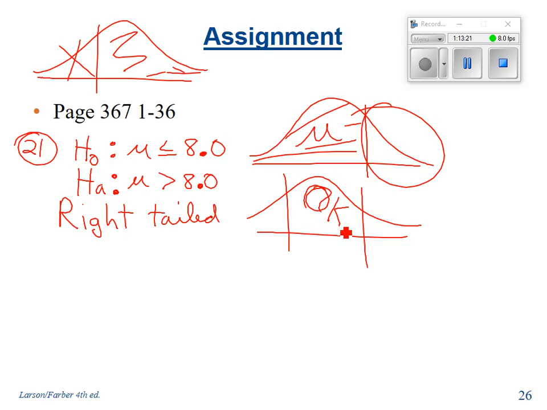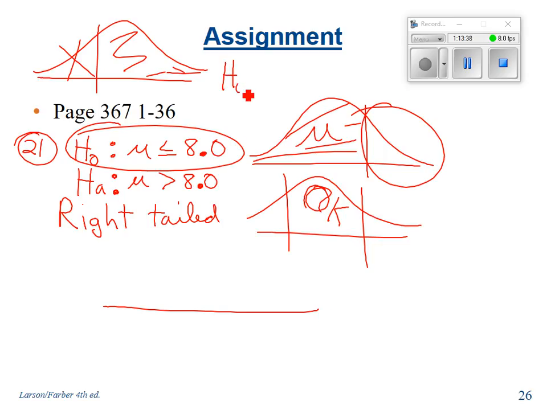Two-tailed. Does that make sense? So this is what we're assuming to be true, right? We're assuming that the null hypothesis is true. So let's make up a different one. Say our HO is